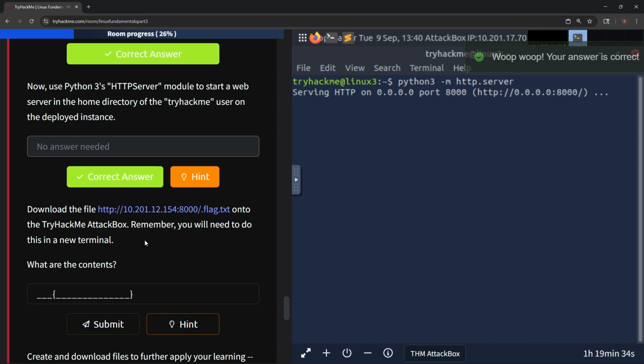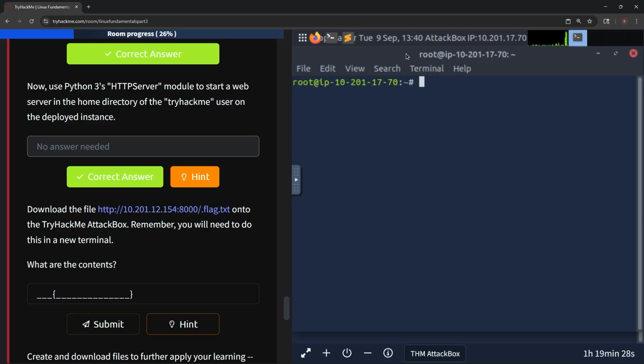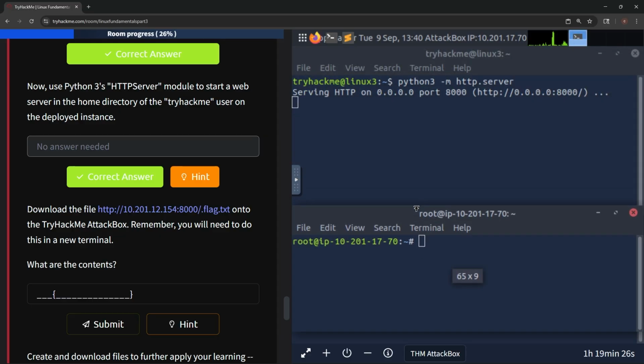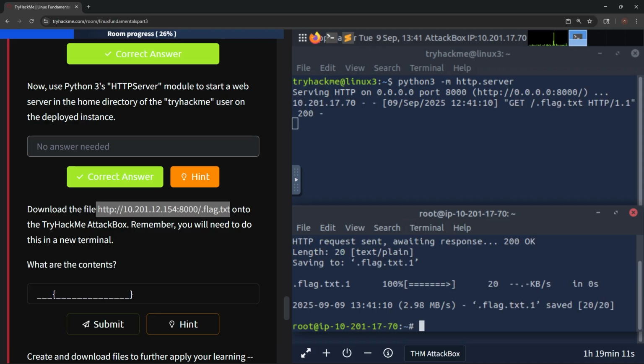So now let's download the file, this thing, onto the TryHackMe attack box. And we're going to remember that we need to do this in a new terminal. And we're going to find the contents while we're at it. All right. So let's do this with the open terminal way and drag this down thusly. All right. And then we're going to do wget, and then let's grab this with a Control C, come over here, Control Shift V, because that's what you do for the terminal. Press enter, and look at that, it downloaded